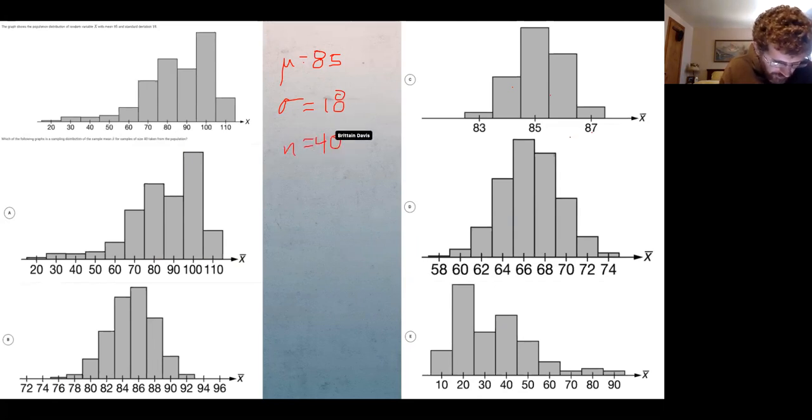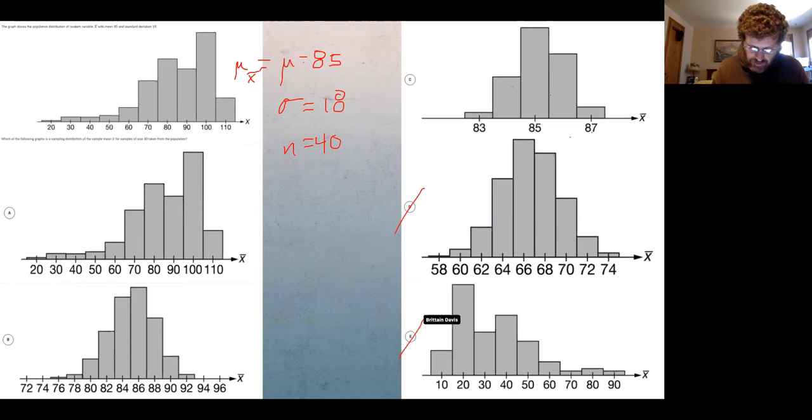And which of the following graphs is a sampling distribution of the sample mean X bar from sample sizes of 40? Okay, so the first thing that we know is that the mean of our means is going to be equal to the population mean, so it's going to be 85. I can cross off anything that doesn't have a mean of 85, which is D, E,